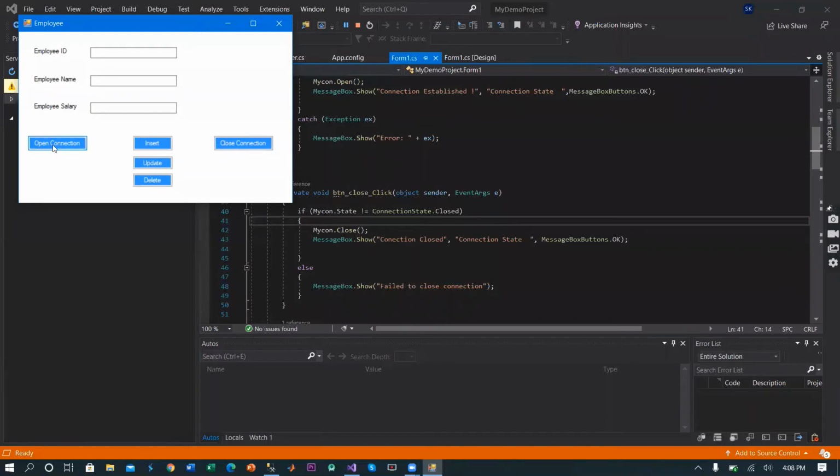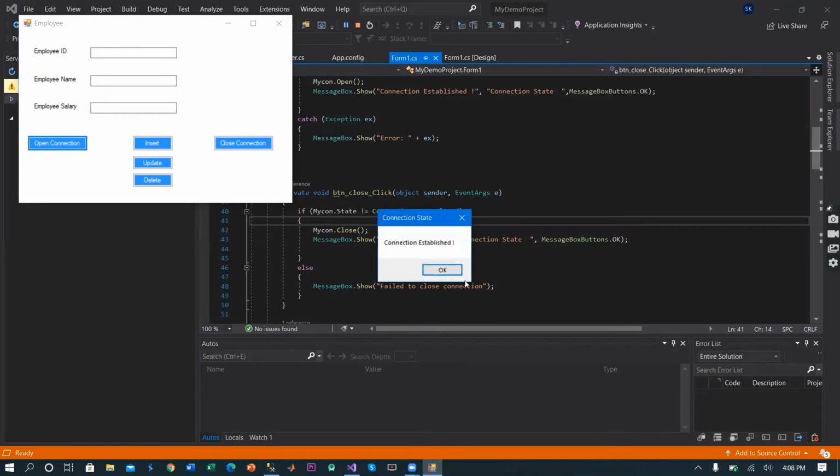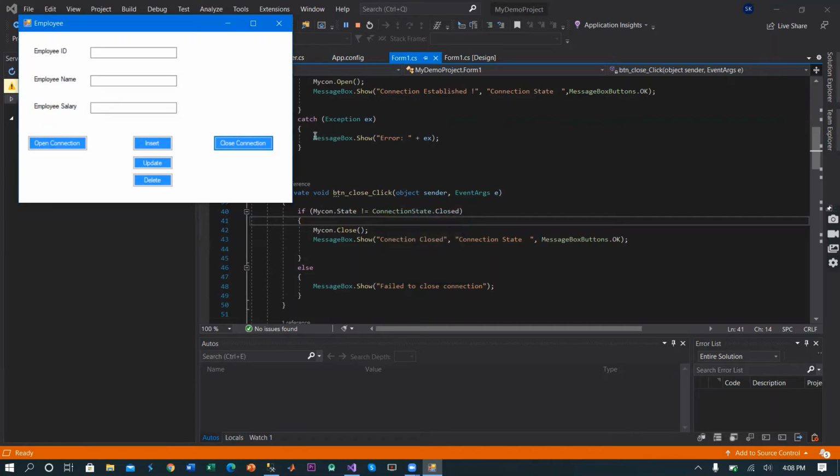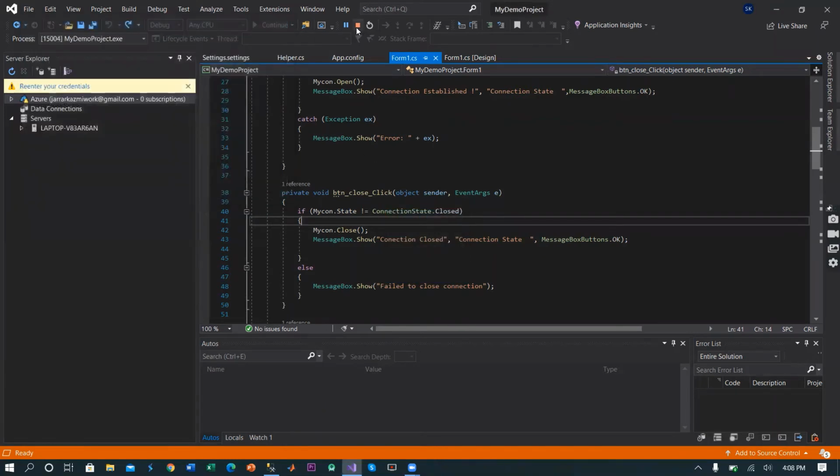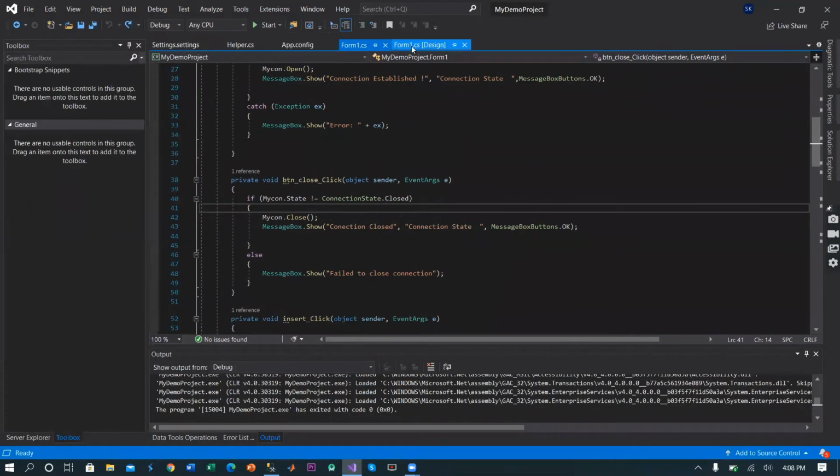Now you see, if I press the open connection button, it shows me the message "connection established." Or if I press the close connection button, it shows the connection status "connection closed." Okay, so let's close this, and I will show you how to insert, delete, and update data